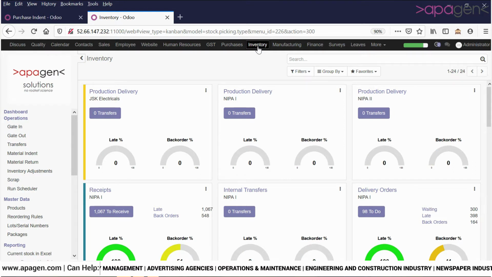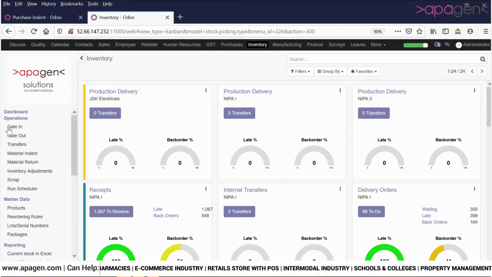Please note that up till now we have generated the demand by creating the sales orders, after which we captured the sales forecast, based on which we forecasted the total demand for a specific period, say next month, based on which we generated the material plan. After the material plan, we created the purchase indent. From these purchase indents, we created the purchase orders. Now we are going to receive these items.